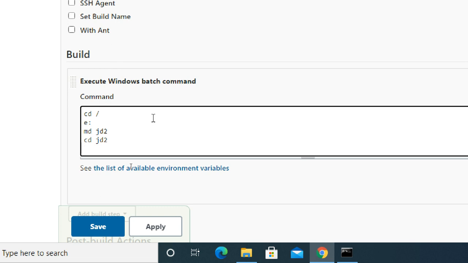So I can't use copy con because it needs a Control Z, and you can't give Control Z here.